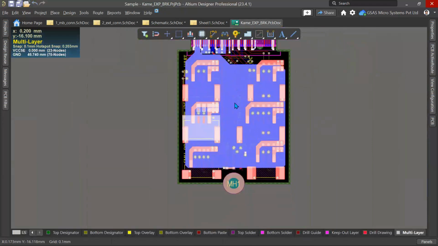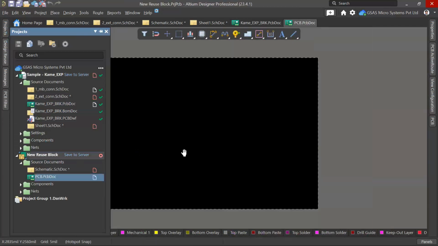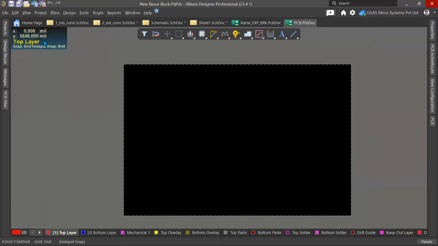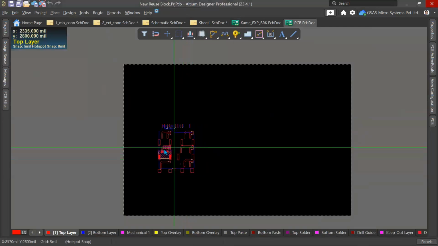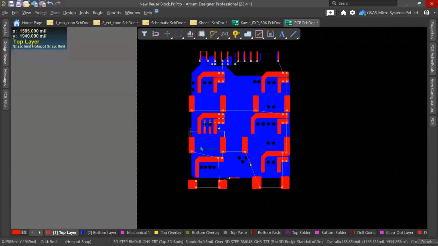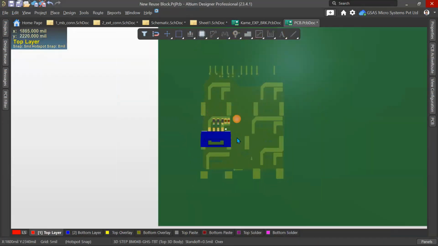Now let us copy this circuit, and then we will just go to the PCB. And here, we have to use some kind of intelligence. We want the net names to be retained. For that, we use this option, paste special, to have this keep net name and push it on the sheet. Now, once you have the sheet placed, we need this circuit,